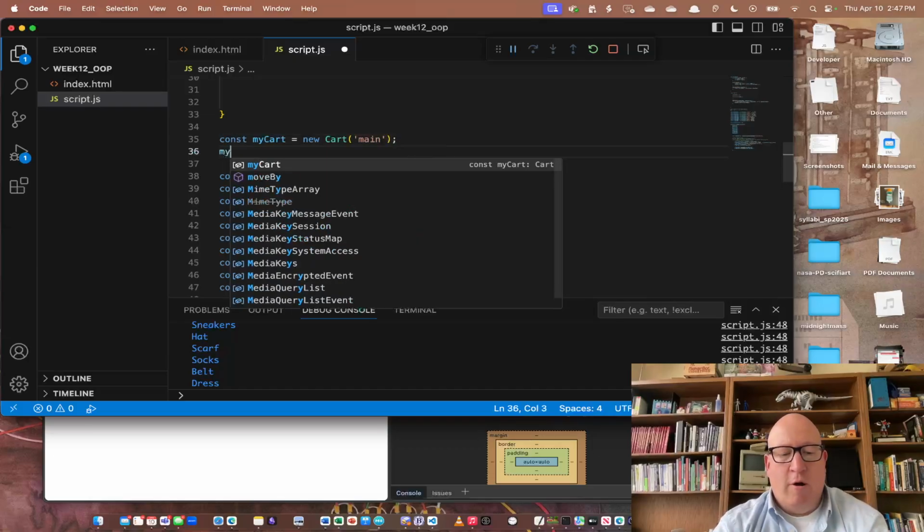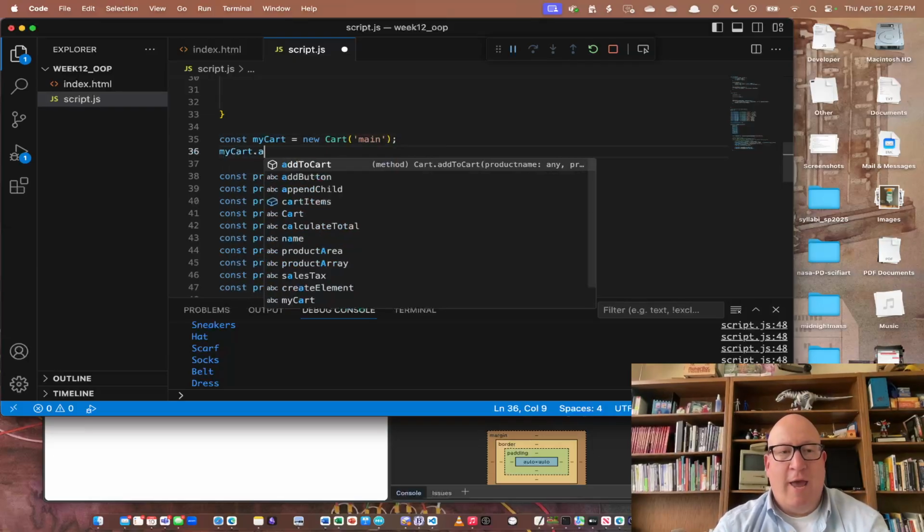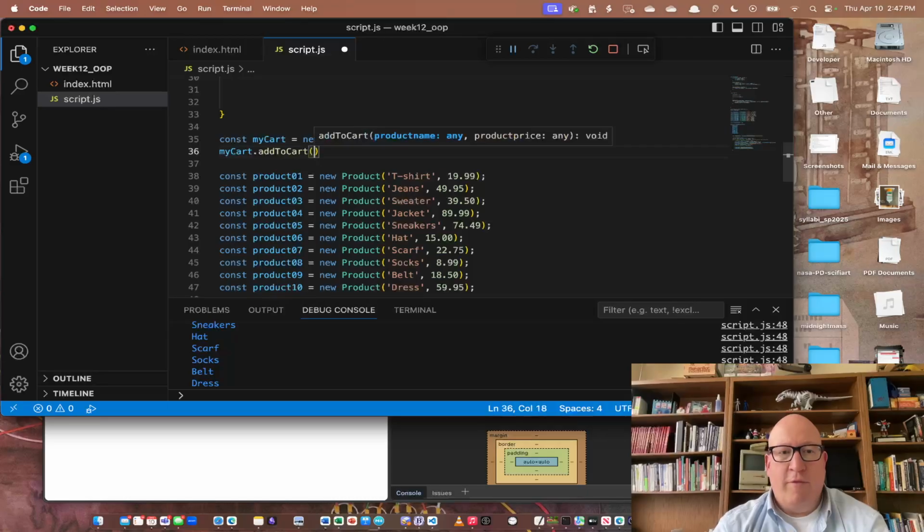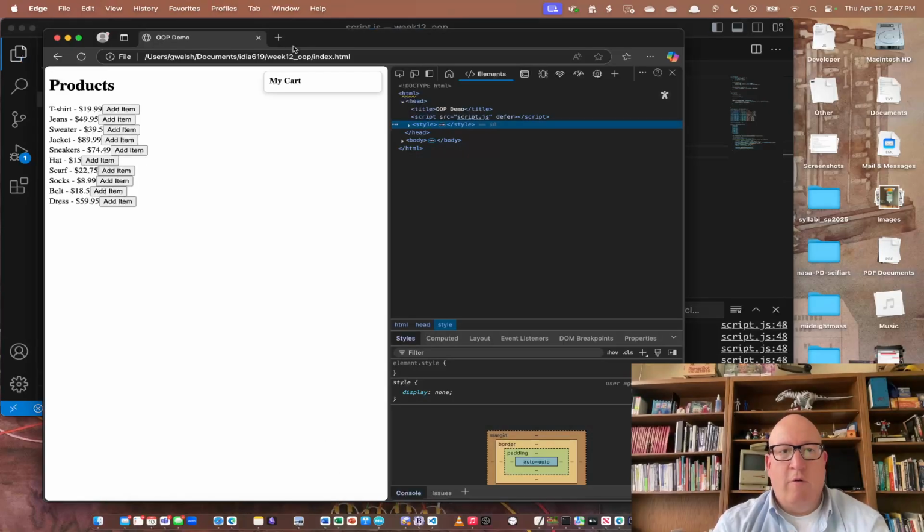So I can go myCart.addToCart, the product name, we'll call it demo product, comma, and then the price, which in our case will be $2. All right, so we save that and we refresh,